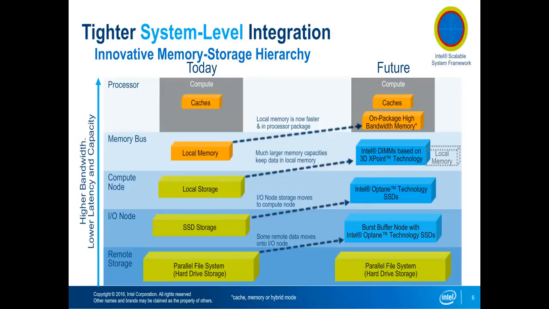You've got memory, storage, and you've got some sort of parallel file system like Lustre. But in the future, what we're moving towards is much tighter integration. So you're getting high bandwidth memory, and much faster SSDs that are close to memory speed, next to the CPU. You've got much faster SSDs for normal storage.